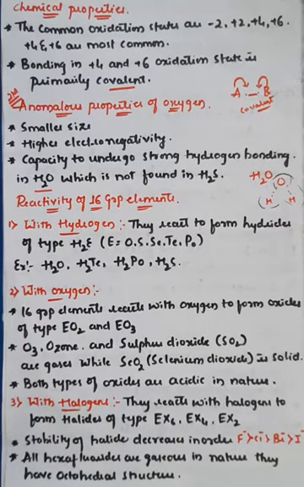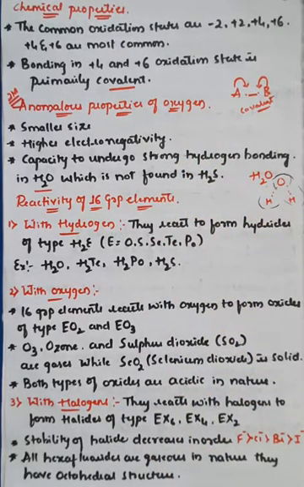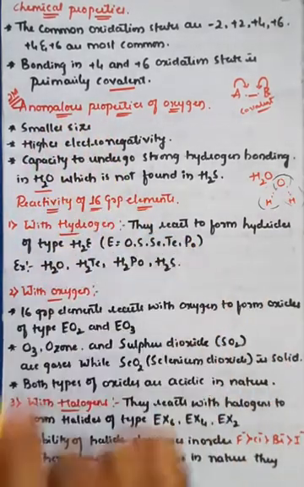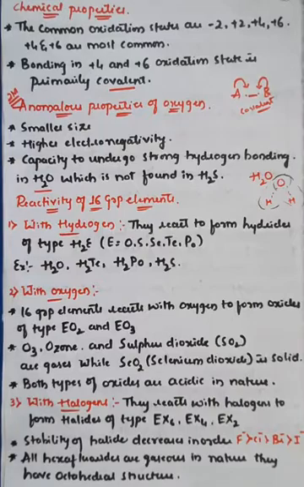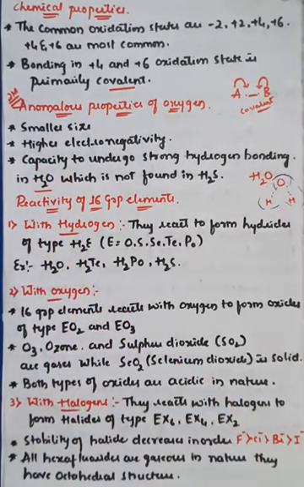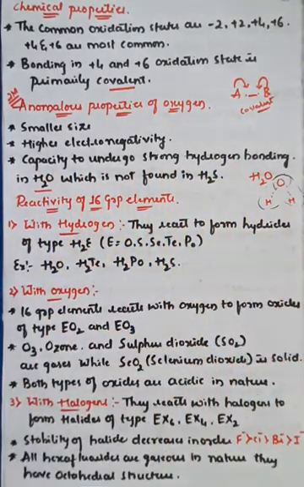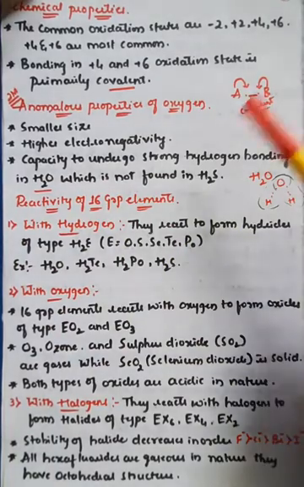Even though sulfur can bond with hydrogen, that force of attraction cannot be seen because of its larger size compared to the oxygen atom, and sulfur does not show as much electronegativity as oxygen. Therefore there is no chance of that greater force of attraction between hydrogen and sulfur. Whenever hydrogen is bonded with oxygen, it converts into a water molecule. The strength of hydrogen bonding in water cannot be found in H2S, because oxygen is more electronegative than sulfur. That is the important property, or anomalous property, of oxygen.